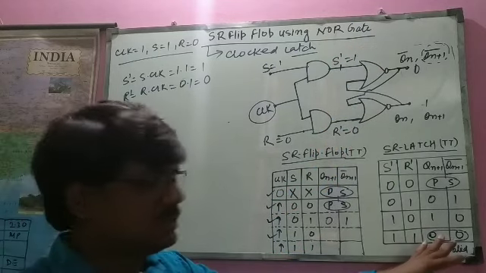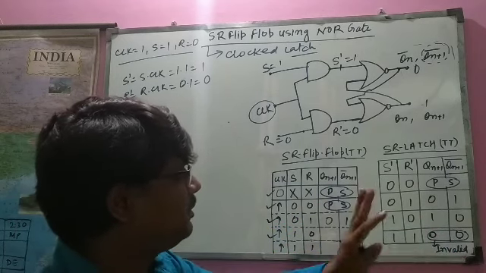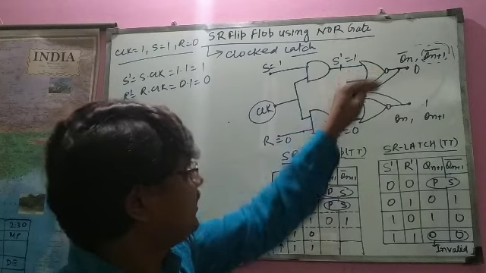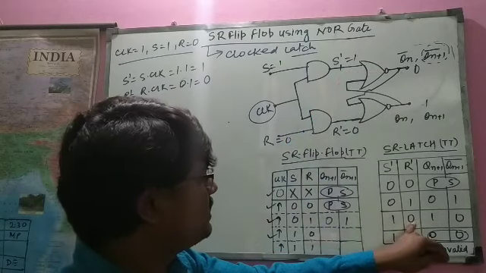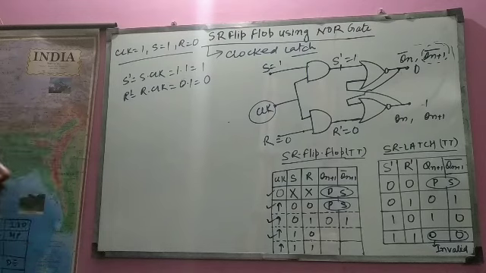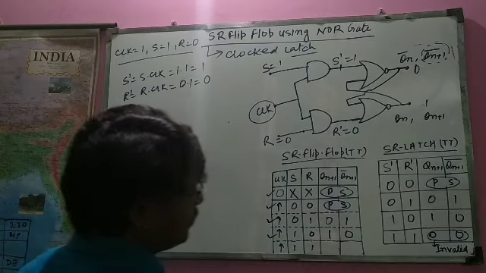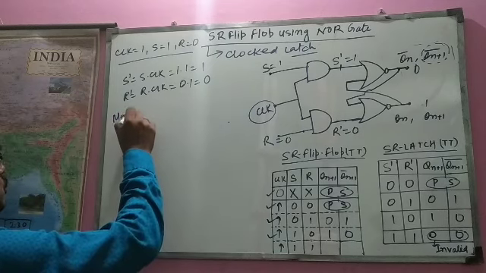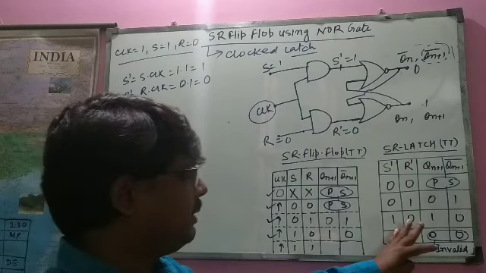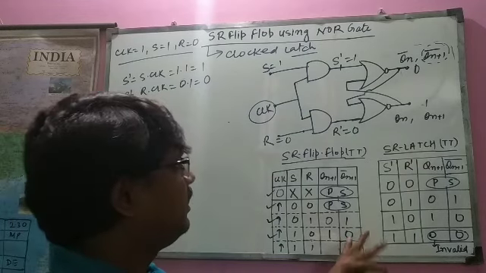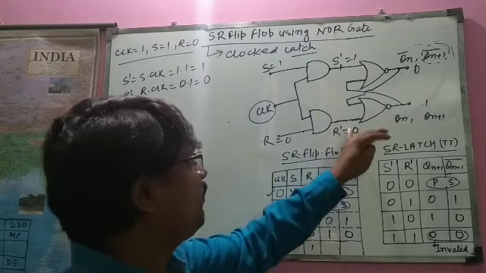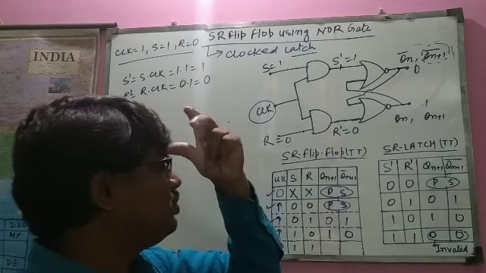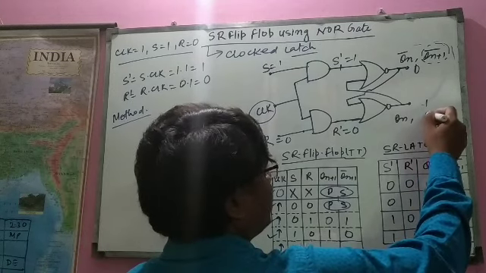So by just watching the truth table of this SR latch, S dash is 1 and R dash is 0, it will give a 1 0 output. So we can fill in 1 0 directly. Or we can also use method 2. If we do not have this table, we cannot fill it directly here. But up to here we have calculated that S dash is 1 and R dash is 0. So by using this, okay.